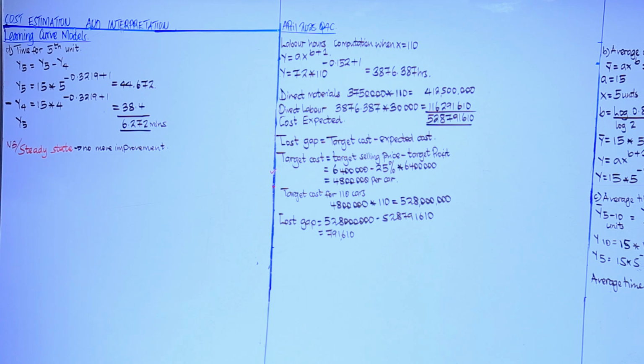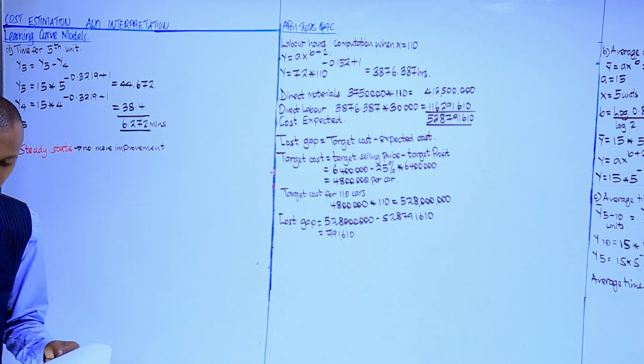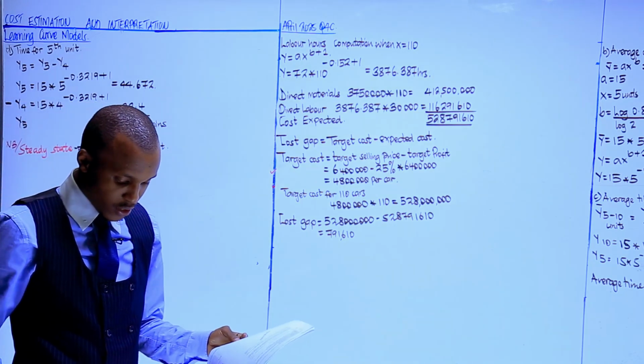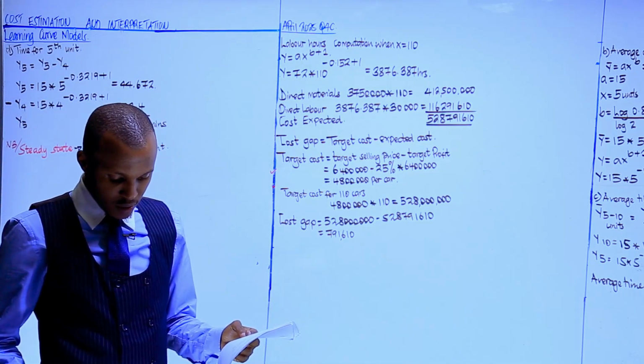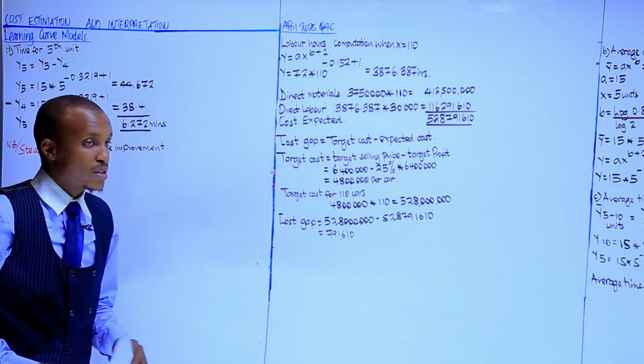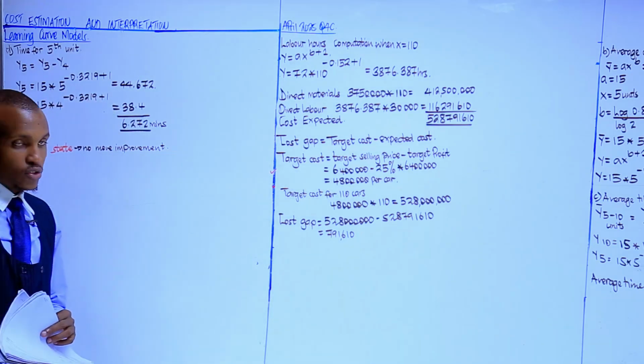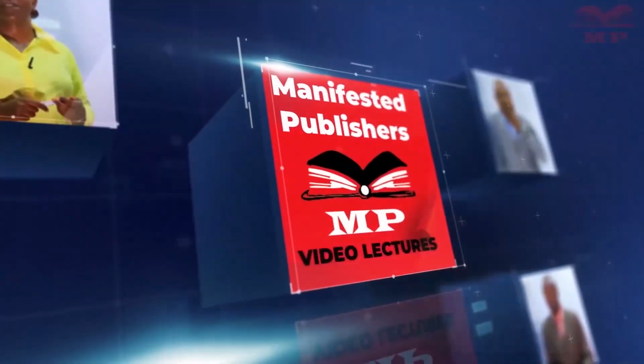That concept of learning curve is incorporating target costing, which in itself is a topic in advanced management accounting, specifically known as pricing decisions. It is a topic in itself. Now,